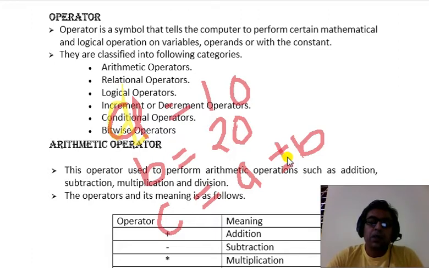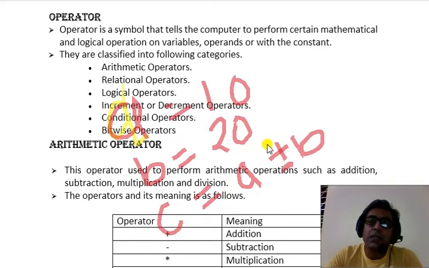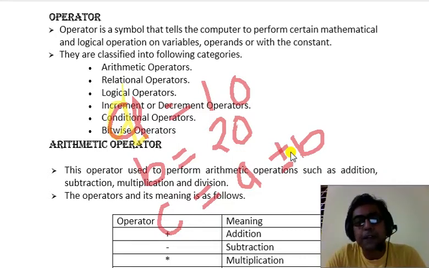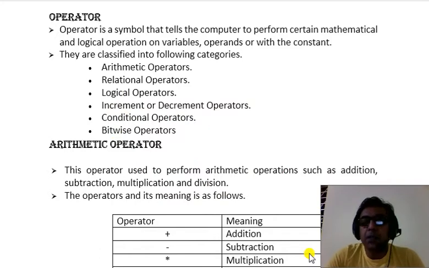So in programming we use different types of symbols to perform the mathematical calculations, and this symbol is called as the operator. Similarly, if we want to subtract two numbers, we can use A minus B. So here minus is a symbol which is used to subtract the two numbers, and this minus symbol is called as the operator. To multiply the numbers we use star sign or asterisk sign. To divide the numbers we use division sign. So operator is a symbol which is used to perform different mathematical operations on the numbers.